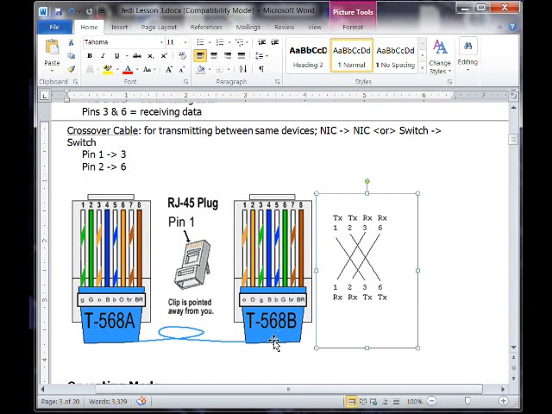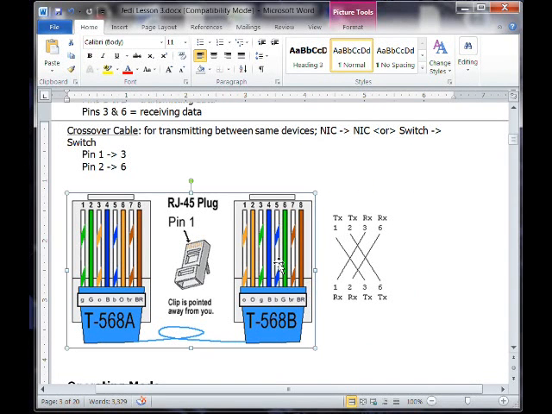Typically speaking, T568B is what you're going to be using. Now, in reality, as long as you're consistent on both ends, when you go and crimp your cables and create them and shove them into the RJ45 connector, as long as you're the same on both sides, yes, it will work. The reason they established this standard is if you're touching a cable 2 or 3 different times by 2 or 3 different companies,